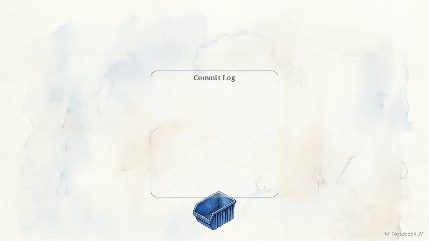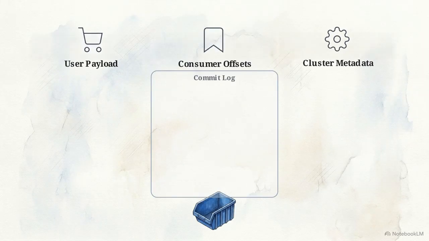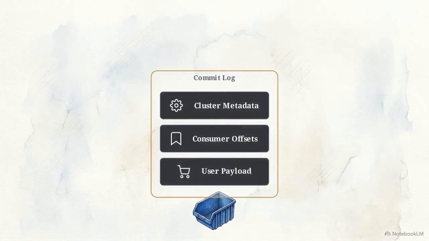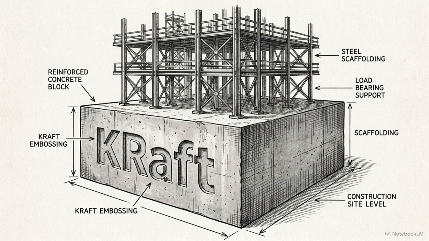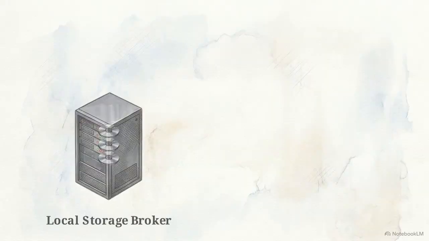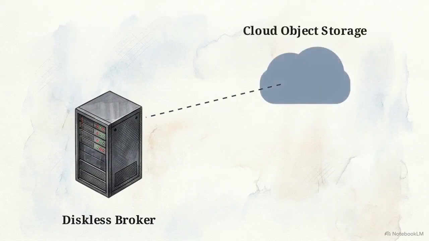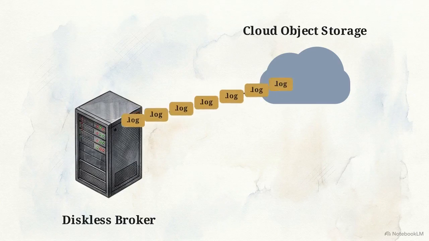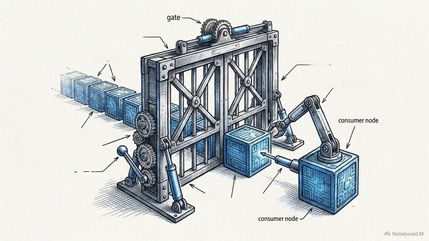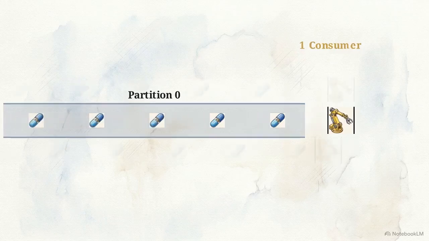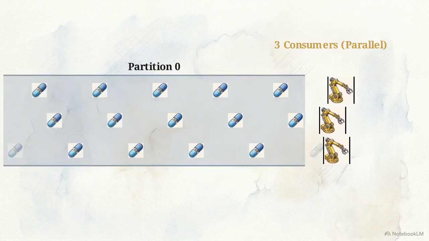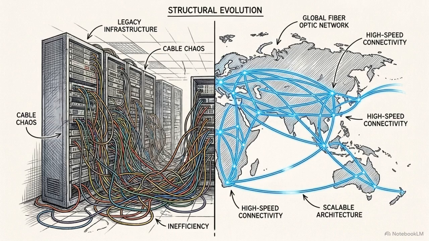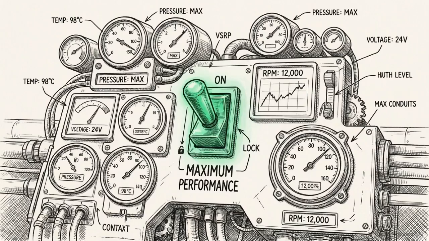User payload data, consumer read state offsets, and cluster metadata are all managed using the same append-only log structure. This KRaft foundation enables new storage options, such as the diskless topics architecture, which allows brokers to serve segment files directly from cloud object storage. It also enables the upcoming Queues for Kafka update, which breaks the strict single consumer per partition limit to allow true parallel message processing. Whether managing local clusters or operating in the cloud, tuning for zero data loss requires mastering